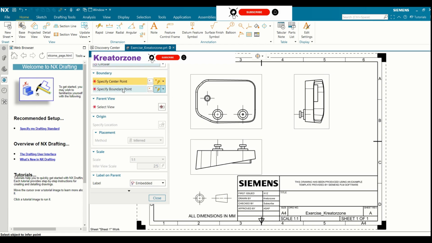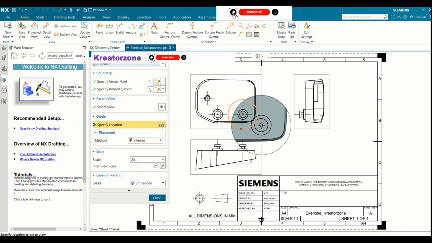So I'm going to choose circular. Select the center point where the detailed view needs to be created. We're going to select this point, specify the boundary. You can drag, look at the size. I'm okay with this size, so I'll click OK